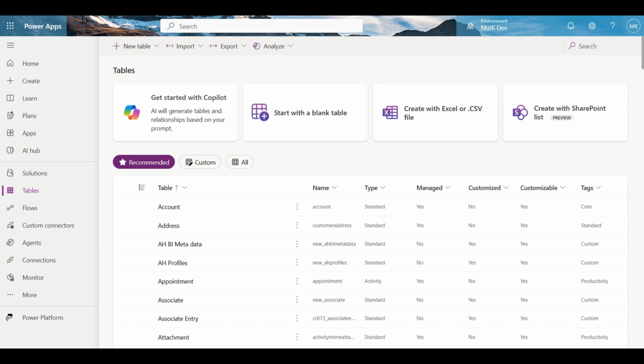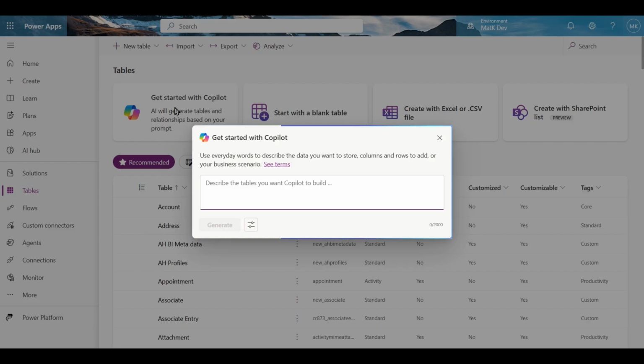So we're back in make.powerapps.com, and I'm still under the tables area we were looking at earlier. But this time, rather than starting from new table, I'm going to go ahead and click on Getting Started with Copilot. It'll open a prompt window for me to be able to provide a description. I'm going to continue on with this concept of vendor and vendor capture information that we briefly talked about in